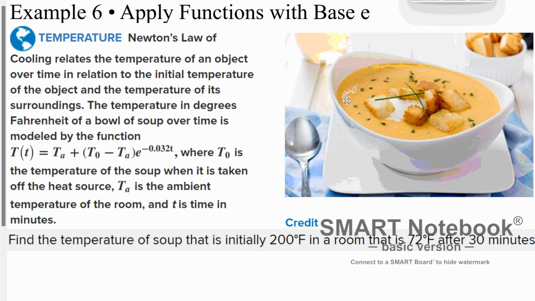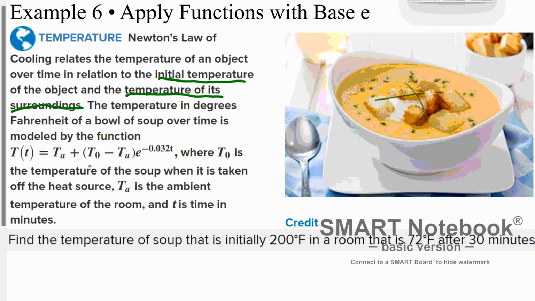So we're applying the function with base e. Newton's law of cooling relates temperatures of an object over time in relation to its initial temperature. So we have some sort of initial temperature of an object and the temperature of the surroundings. Those two temperatures, and the temperature in degrees Fahrenheit of a bowl of soup over time is modeled